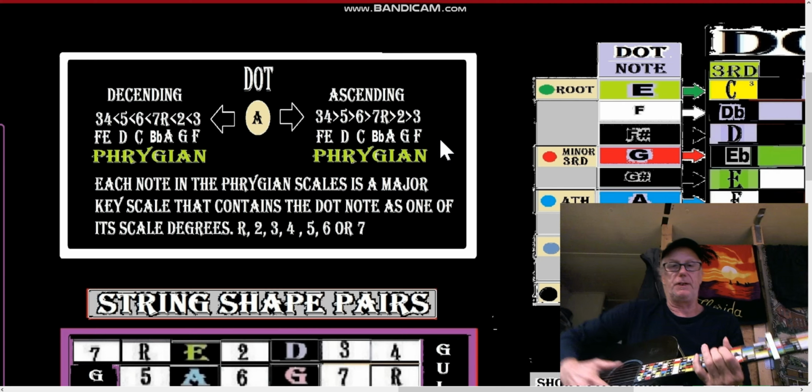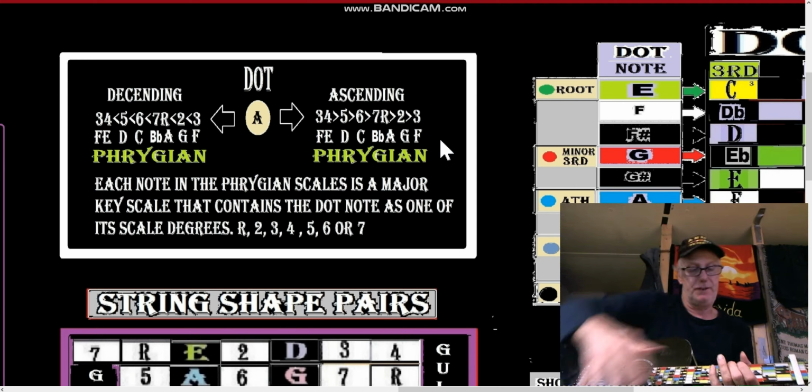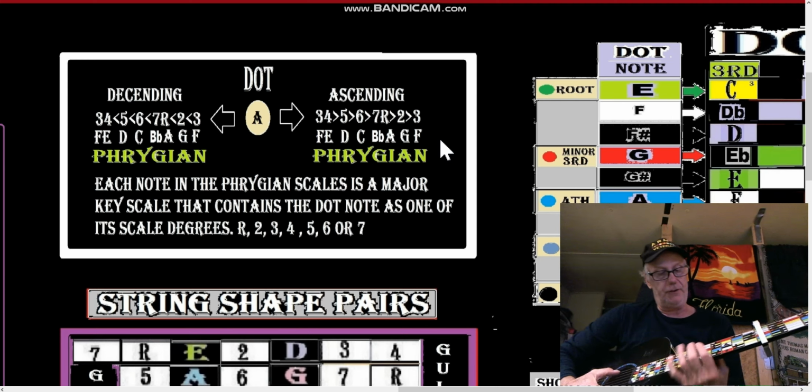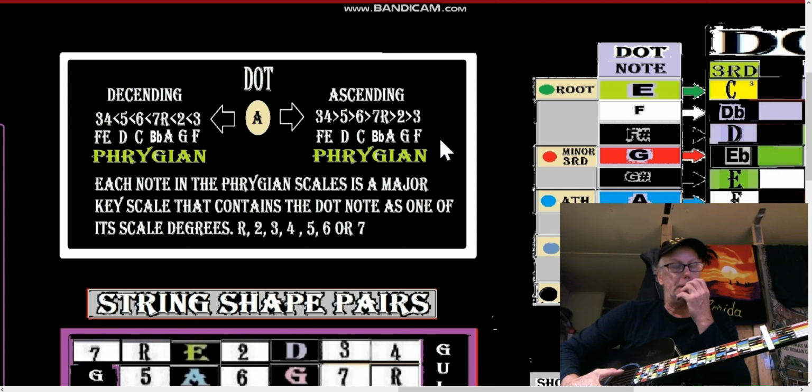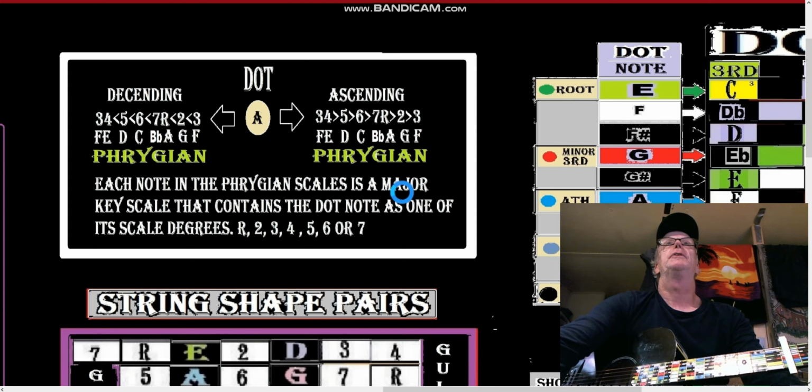it could be the 6th of C. It could be the 5th of the key of G. So if this was the 5th of the key of G, right, and the A is there, then we look over here at,